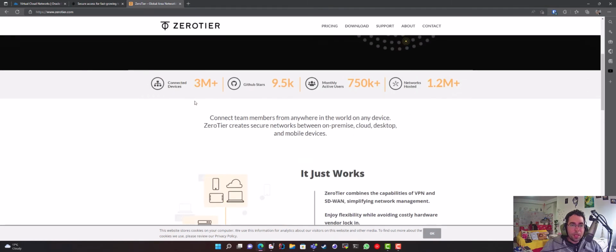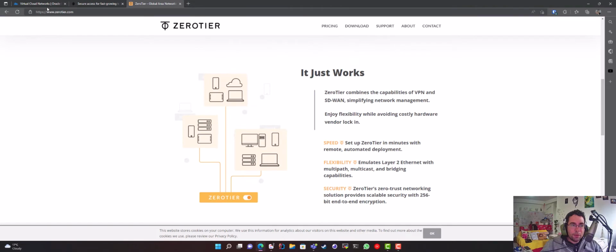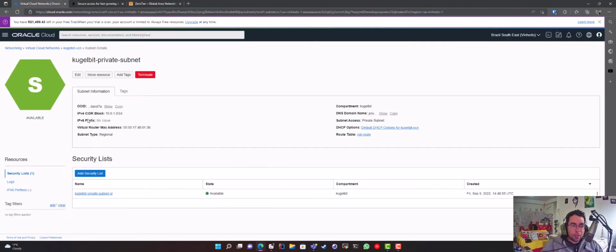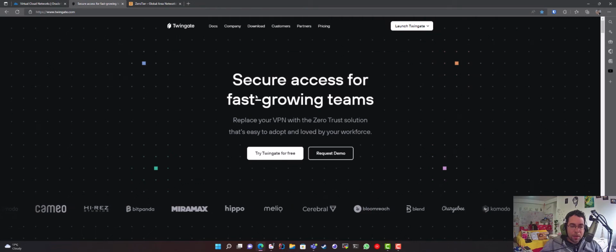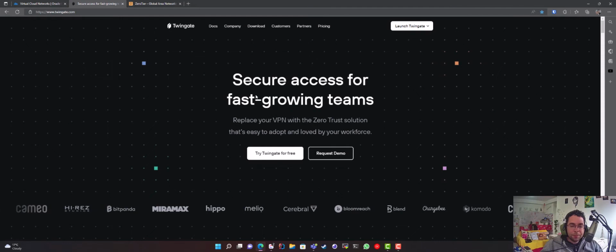So for me, that didn't work, because we have to have SSH access to the machines to provision the software, which I didn't have. What works with Twingate is that you deploy a virtual machine with access to your virtual private network,